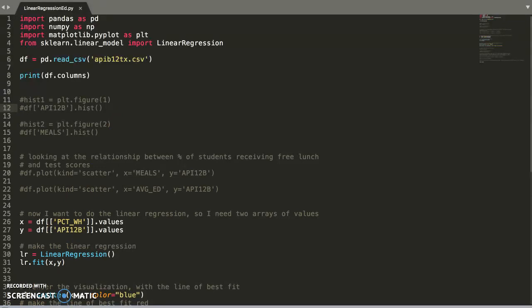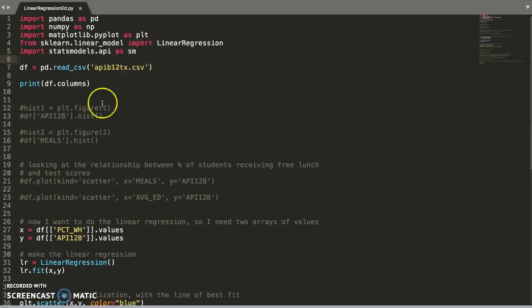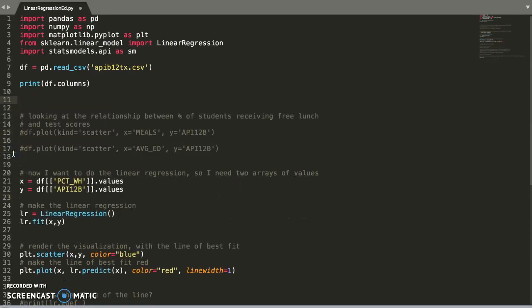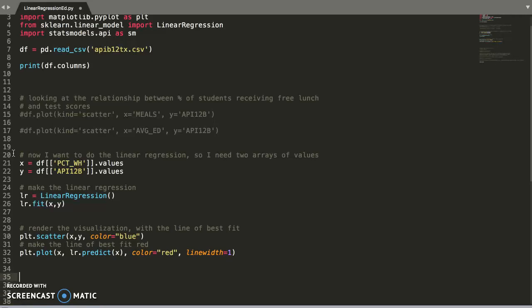So first, the thing I'm going to do is import statsmodels.api as sm. The next thing I'm going to do, and I realize this is getting a little confusing to look at here, is get rid of these histograms. I don't have to look at them anymore. I'm going to come down here. Here's my original linear regression, my scikit-learn linear regression, and I'm going to create